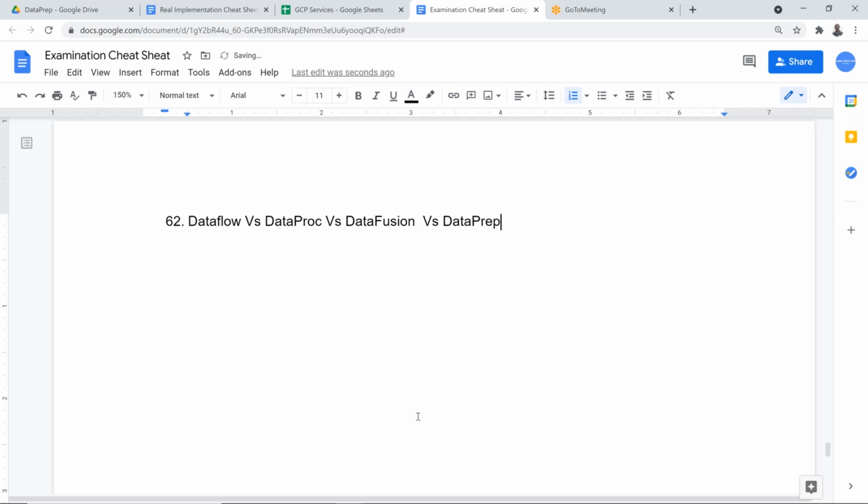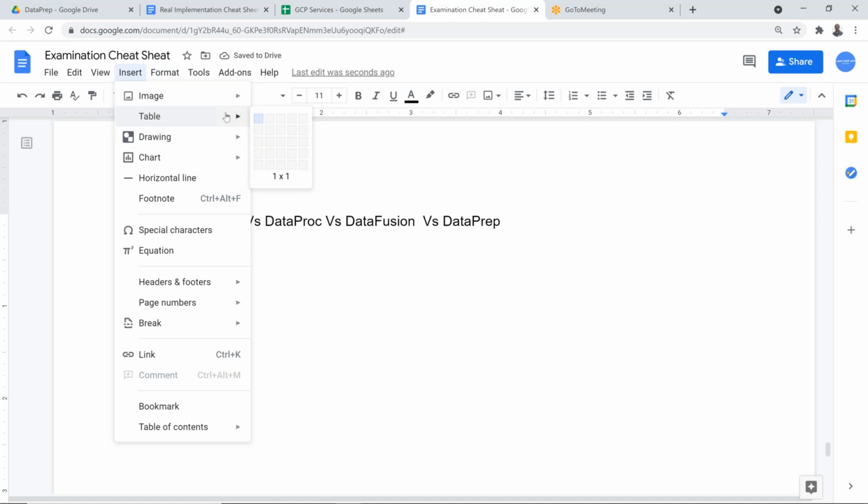If you were to do a comparison, the way I would say is the base is you need to have programming knowledge. If you have the programming knowledge, you can use Dataflow or Dataproc. If you don't have it, your organization has a limitation of that skill, then Data Fusion or Data Prep could be used. So a quick comparison, if I put it,